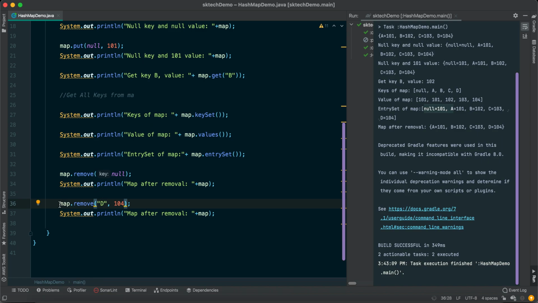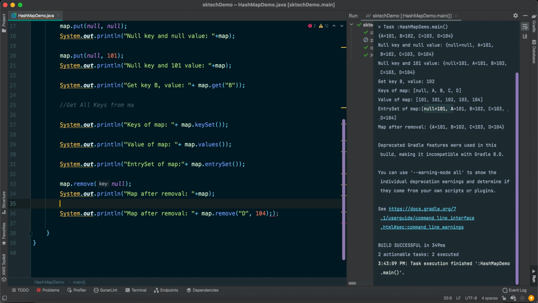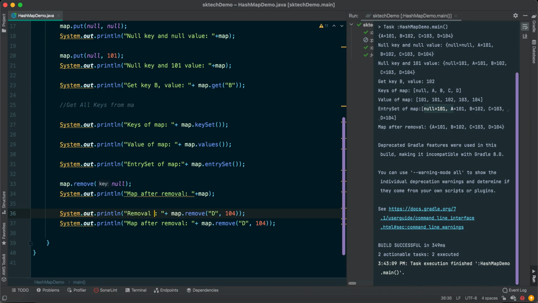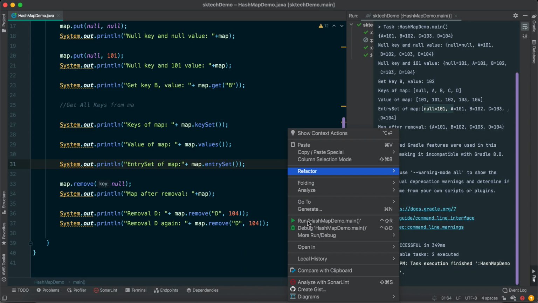This method is going to return true or false. Let's print this directly here, so we will be able to see whether it was removed or not. Let's try to remove it again, and print "remove D" again, and see what output it is going to print.